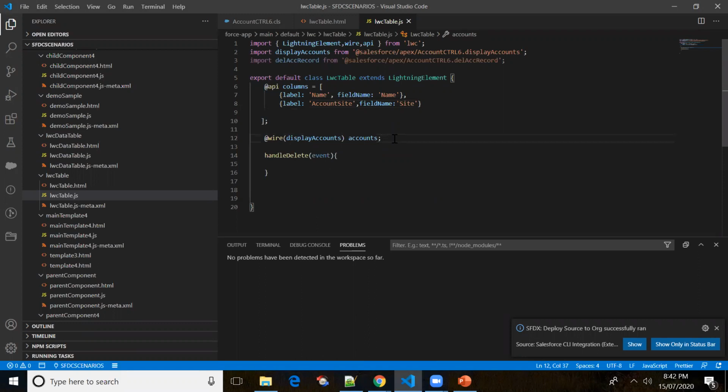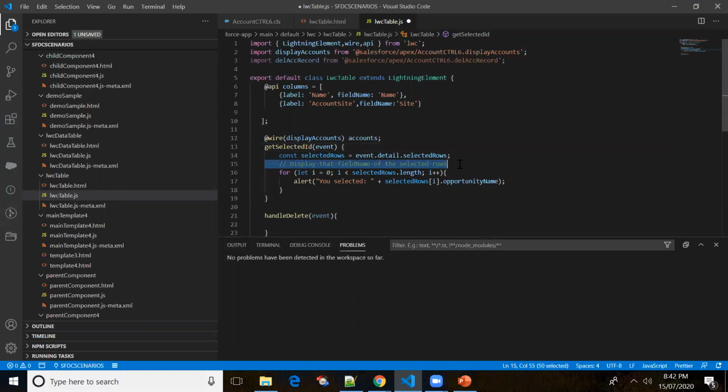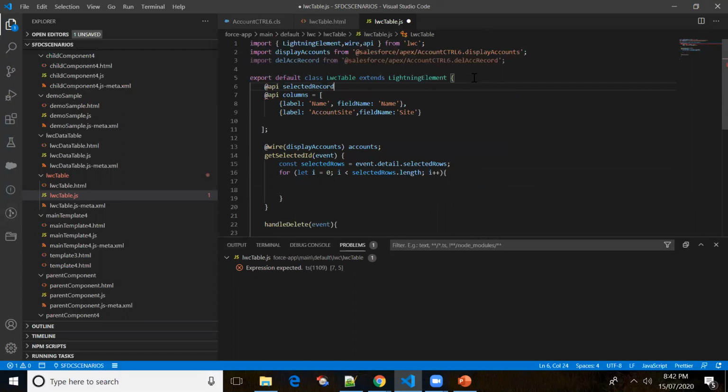We will be getting the ID, so I'll just change the name to selected ID, right? Let me remove this one, we don't need this. Let me remove the alert. Now I'll create an array variable, an array list, so selected records.